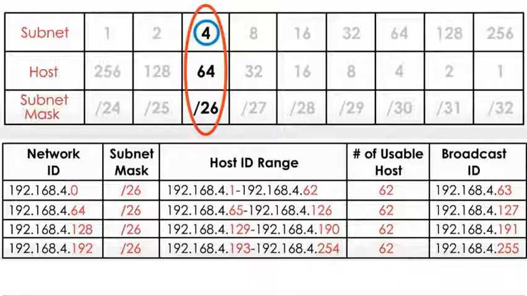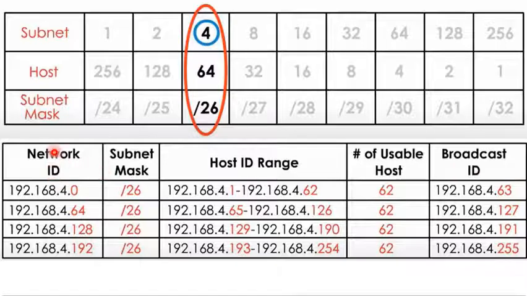And how to find the address? I already told you, /26. So /26 means you have to borrow 2 bits from the host bits. So 2 power 2 is 4, and now the subnet value is 4. And how many bits are allocated to hosts? The remaining host bits are 6 bits, so 2 power 6 is 64. And for the slash notation /26, you have to take the third column and ignore the previous column values. By using these three values, you will get all the answers.